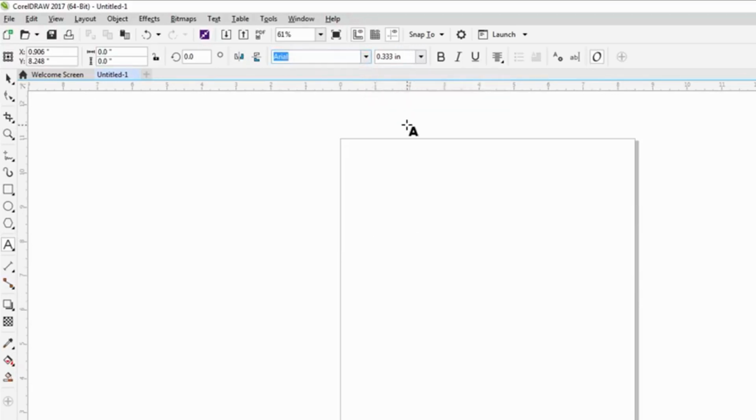Again, there's lots of things that we can change in terms of defaults in CorelDraw. Like as I mentioned, we could have a different font coming up. We could have the font be bold all the time. We could have underline. We could have a certain size character come up all the time. Again, there's lots of things that can be changed in CorelDraw in terms of defaults. So explore through the tools options or the object styles, and you should find a lot of different values to be able to change to make them default if you